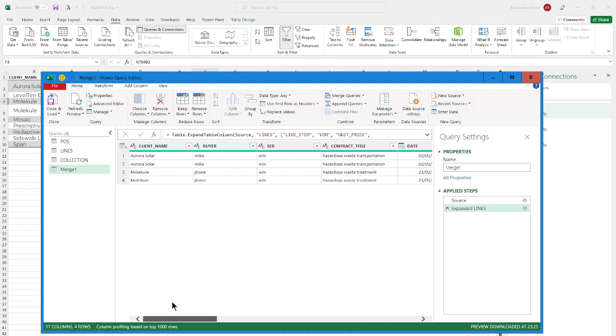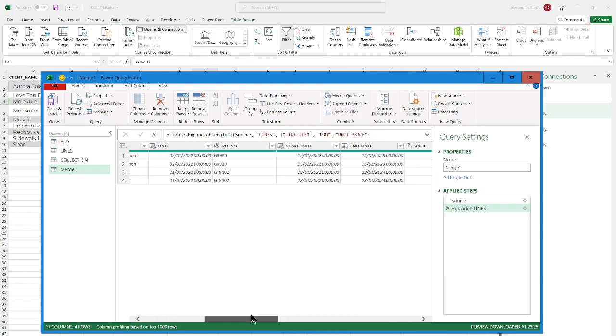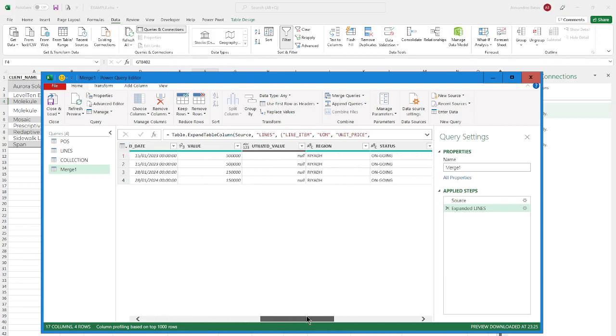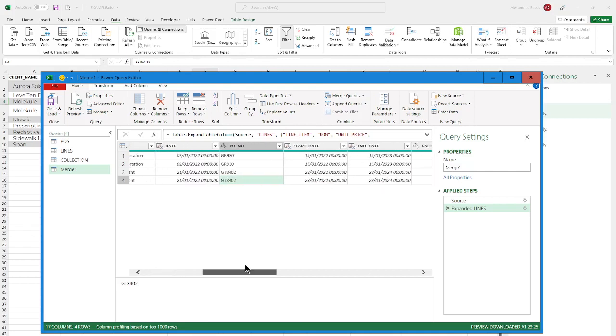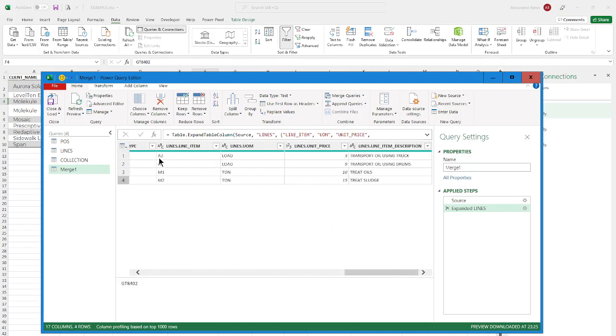2 lines for Aurora Solar, which has a PO, where's the PO? A PO GR930, and two other lines for Molecule. So we get the lines with their load, and unit price per line per production order. As soon as we finish that, we name these joined tables. I usually use the names of the tables, so I say POS underscore lines,